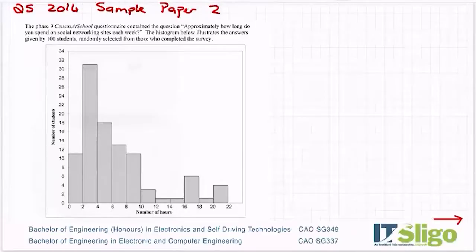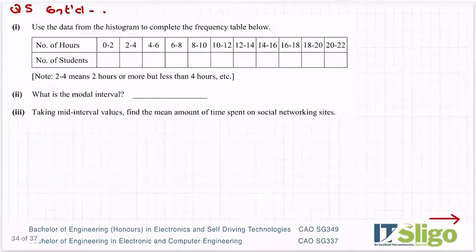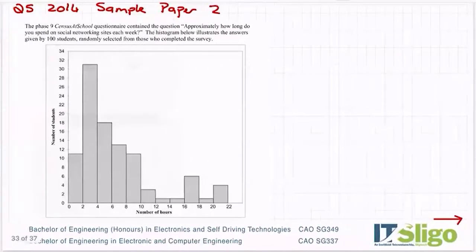Okay, so this one off the sample paper, I want to do this one as well because it's got mid-interval values again, which is very important for Junior Cert Higher. So the Phase 9 Census at School questionnaire contained the question, approximately how long do you spend on social networking sites each week? The histogram below illustrates the answers given by 100 students, randomly selected from those who completed the